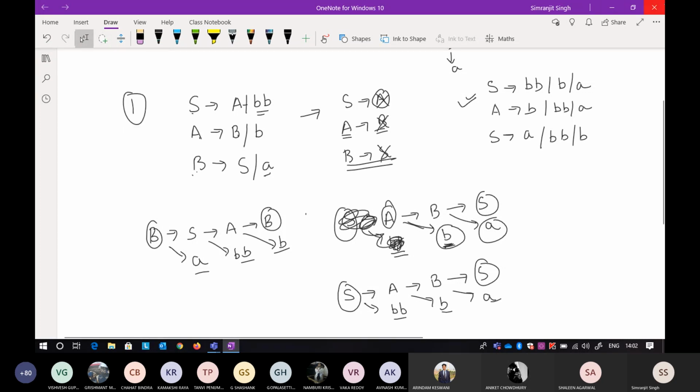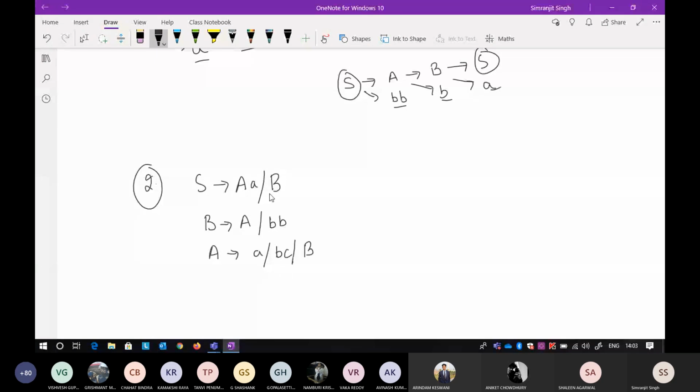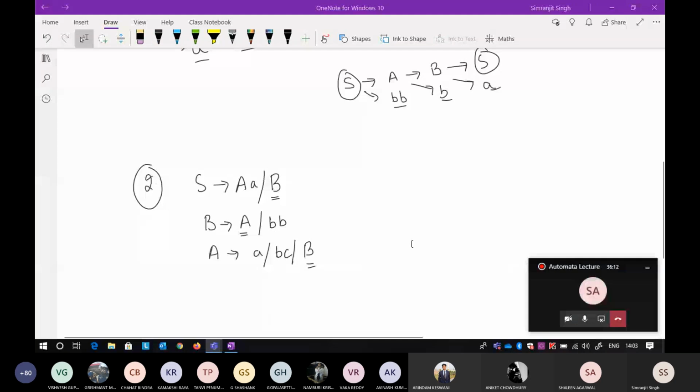Try to do the second question yourself. The second one is again based on the same lines, there is no change in that. So follow the same path, you will get the same thing. Just take a little bit of time to think that we are eliminating the unit productions. Whatever the unit production is deriving, include all the terminals in the production in place of the unit production. So that is the question here. If you identify the unit productions here, this is the unit production, this is, and this is. Just try to do this one on your own. I will tell you the answer in like 2 minutes, but first try it yourself.